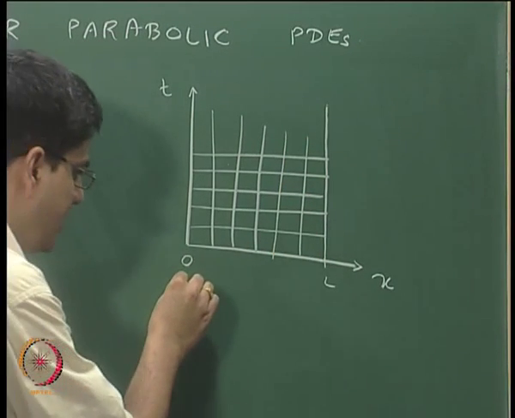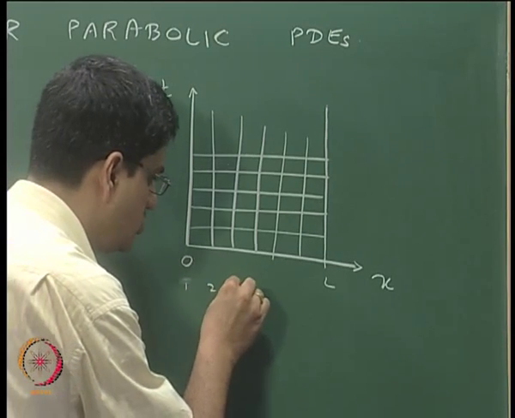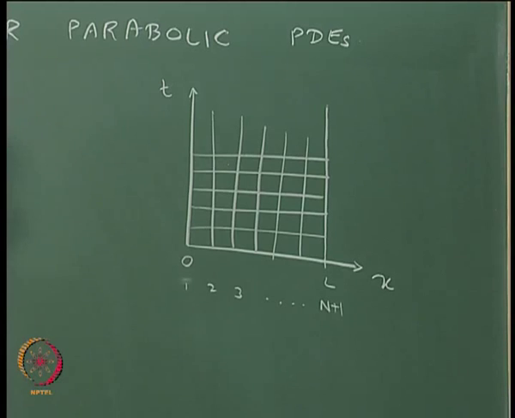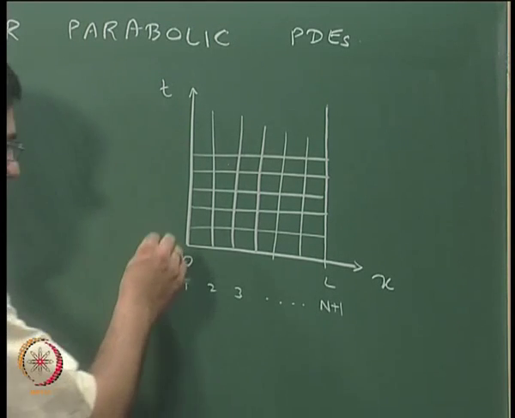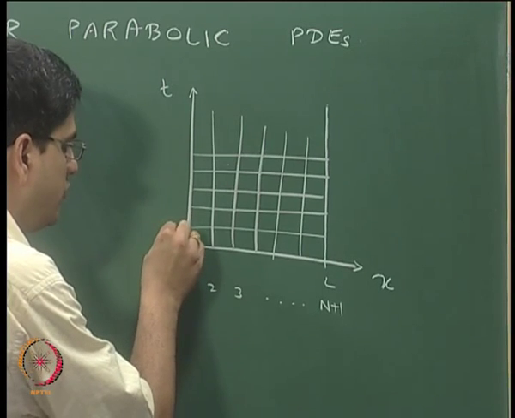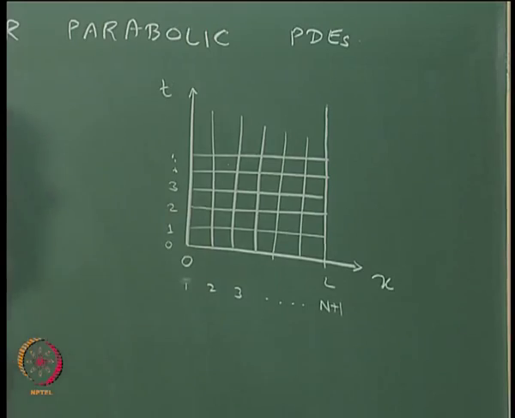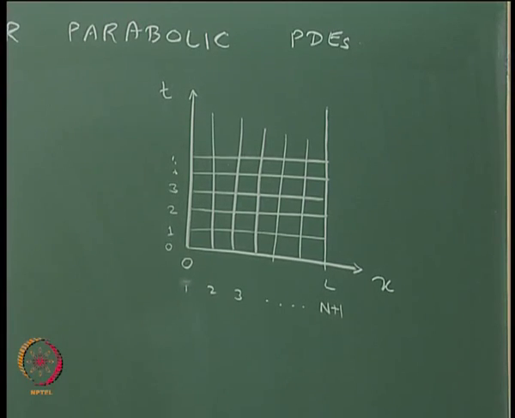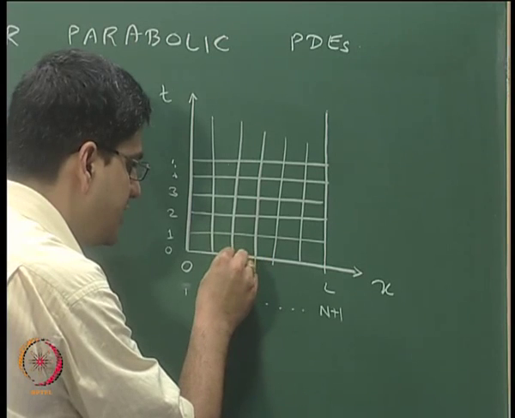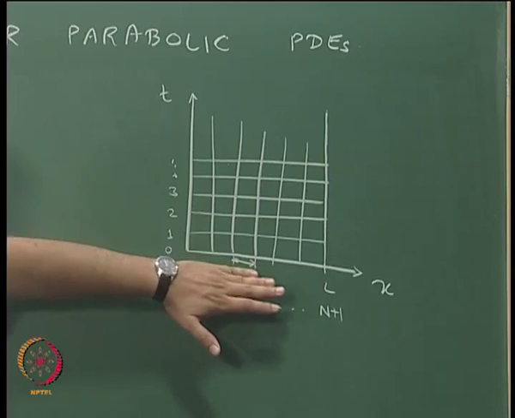Okay. So we have locations x1, x2, x3 and so on up to, say, n plus 1 locations. And we will start the time with t0, 1, 2, 3, and the time goes on up to various number of steps. What we will assume for now is that in the spatial dimension as well as in the time dimension,